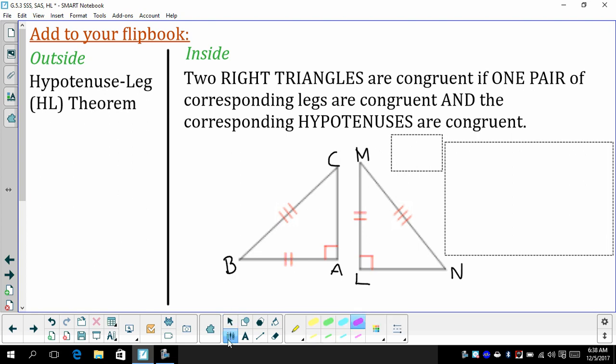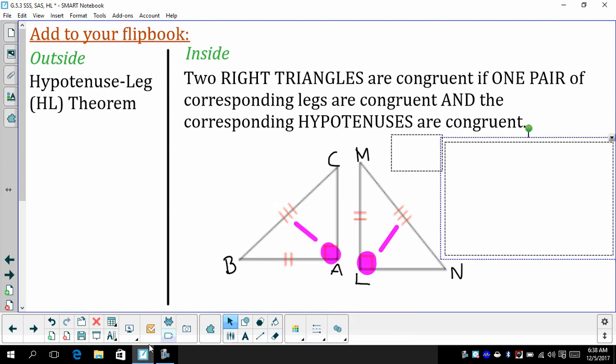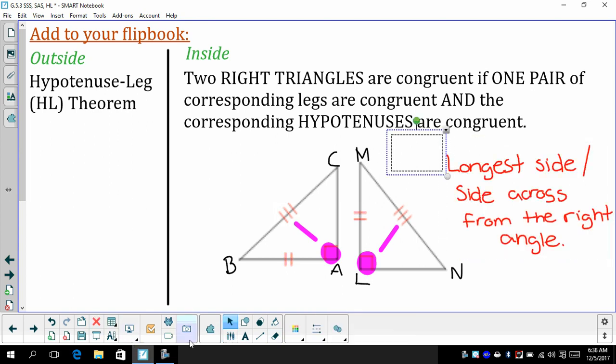If we have 2 right triangles, we have a special theorem for them to show that they're congruent. The first thing we need to know is that they're right triangles, so they have right angles like these 2 do. And then we need to know that their hypotenuses are congruent. Just a reminder, the hypotenuse is across from the 90-degree angle, and I've actually written that here. It's also the longest side of the right triangle. If those 2 things are congruent, which they are in this picture,